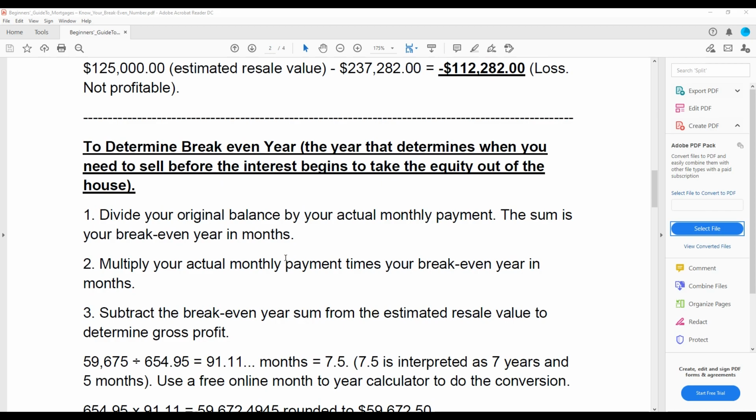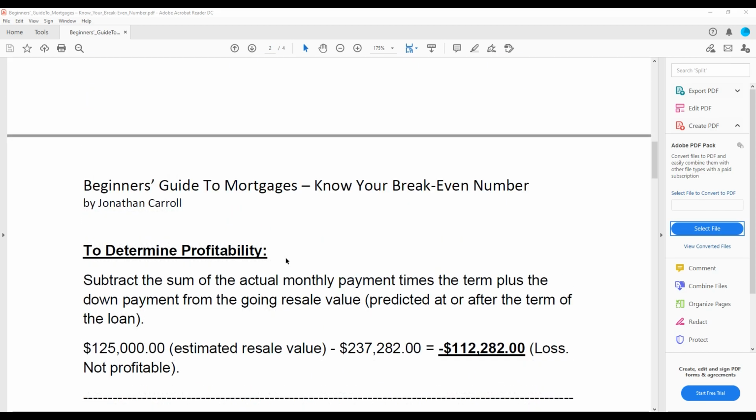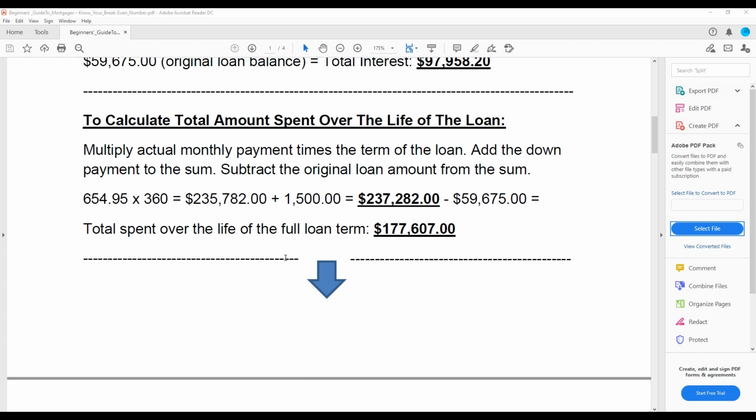So we're going to go back up here so we can find right here. This is why these numbers are highlighted and underlined. So this section, to calculate total amount spent over the life of the loan. This means that if you keep the property for the full term of the loan, in this case here, for 30 years, this value, the monthly payment times 360, again, that's 30 years in months, comes to